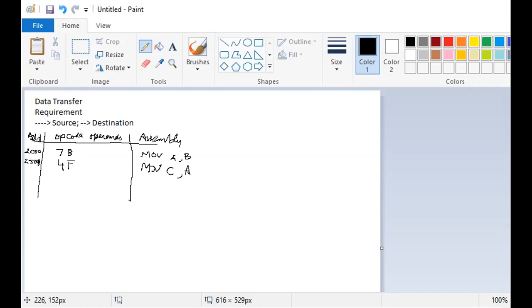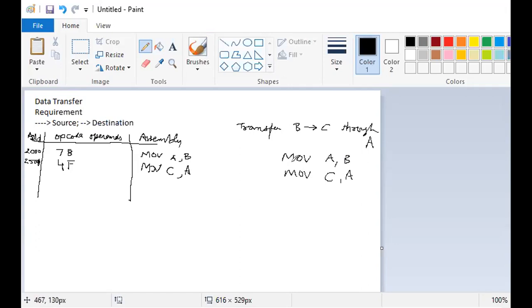What exactly we are doing here is, when you write the program in your notebook, it transfers the content of B to A, and then simply says transfer the content of register C to register A. So as you write this program in your notebook, we simply write as move an intermediate, that is B to A, and move your accumulator to register C. This is how you write in your notebooks.